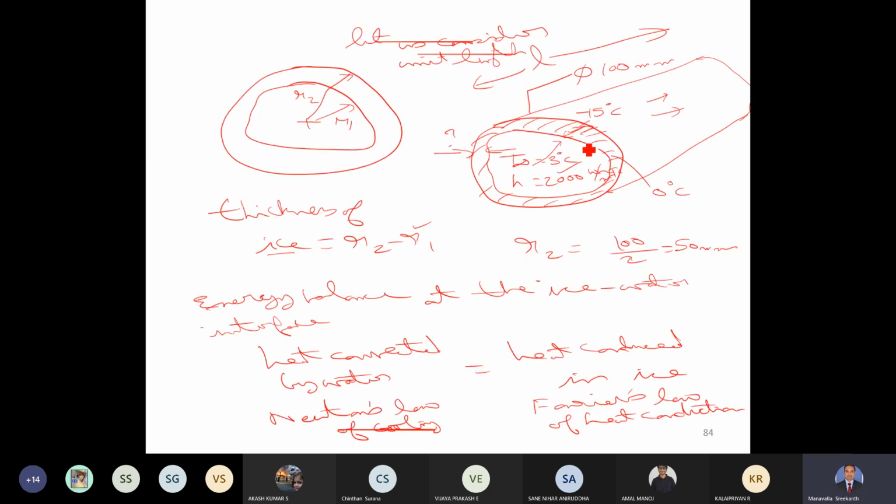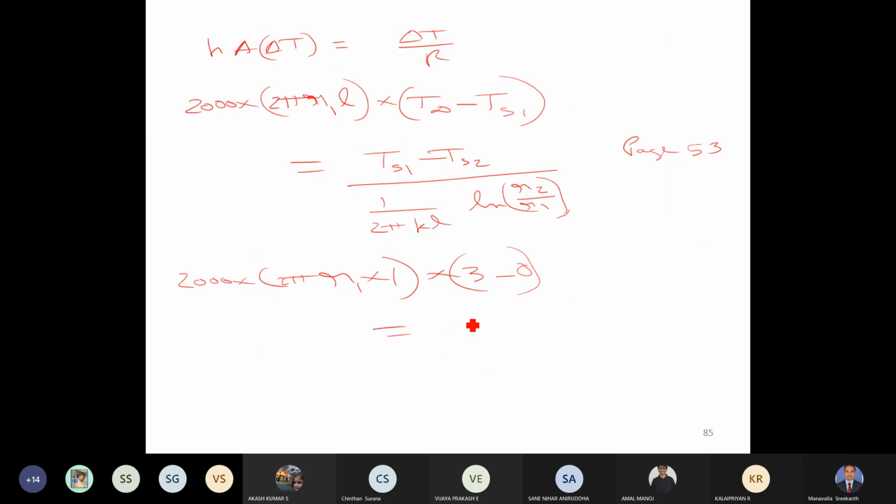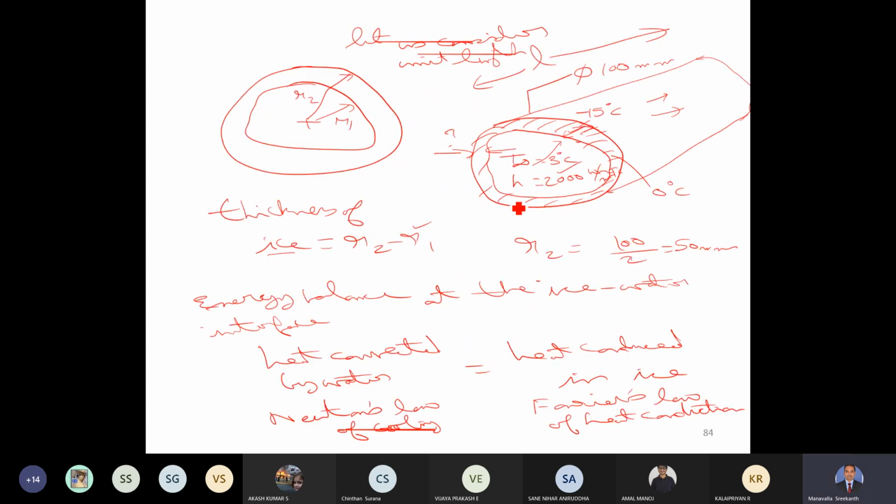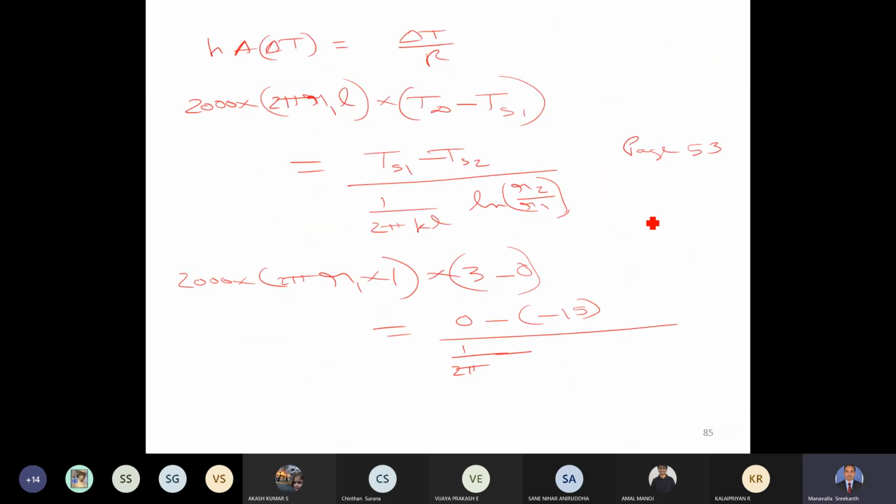So this surface is S1, this surface is S2, across which conduction is taking place. So this is 0 and this is minus 15. 0 minus of minus 15, divided by 1 by 2 pi K. K is the thermal conductivity of this surface. Now this is ice, and for ice, K is,